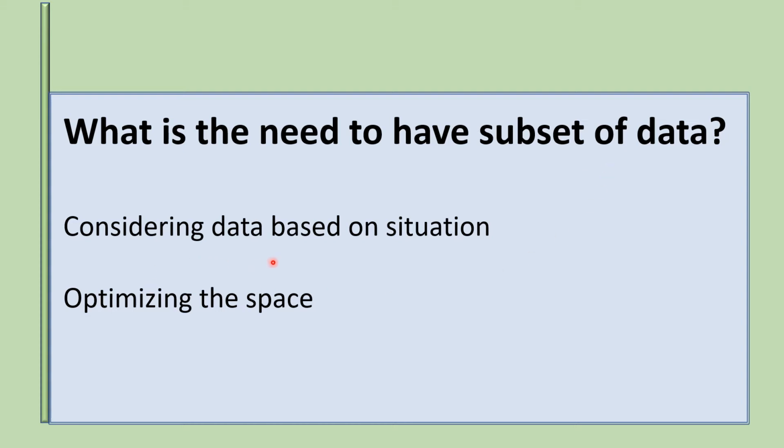Firstly, if there is a condition that our data set needs to meet, that is the time when automatically we will have a lesser number of observations. Secondly, if we have a huge data set, we always look to get rid of the redundant observations. Therefore, it really helps us to optimize on the space front.